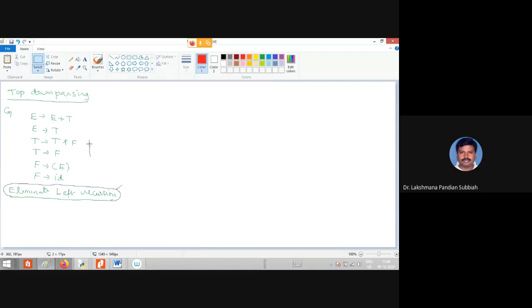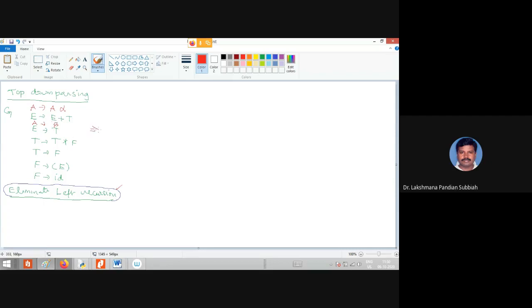The first step is to eliminate left recursion. Consider the grammar where we have left recursion. You see the form A derives A alpha, where the production starts with the same non-terminal A, and the other alternative does not start with the non-terminal, which we consider as beta.